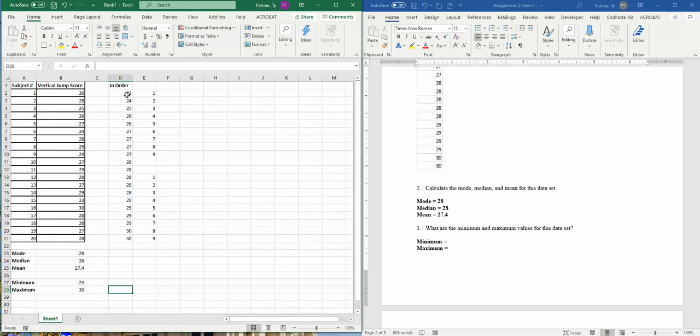The minimal value in this data set is 23. The maximal value is 30. So yeah, that does make sense, okay, that we got those. And again,